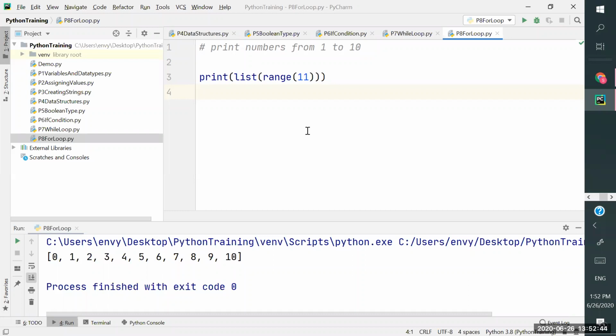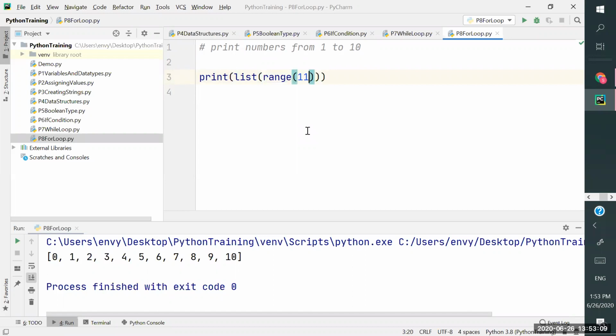So in other languages we have for i equals 1, i less than or equals 10, and i plus plus. Like that you give in other languages, whereas in Python you need to do that with range. Automatically we can iterate over a range of numbers. So observe how this range works.